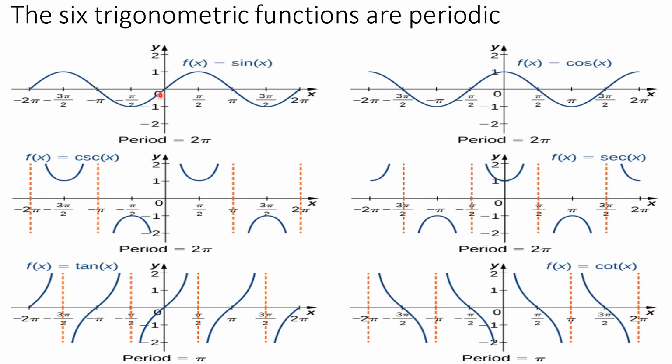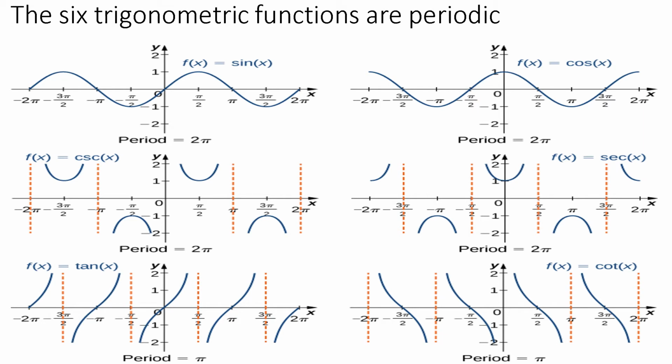Each portion of the graph in an interval 2 pi is one cycle of the sine function. One cycle means from here to here. The function y is equal to sin x is called a periodic function with the period 2 pi because for every x in the domain of the sine function, sin x is equal to sin of x plus 2 pi. That means the period of the sine function y is equal to sin x is 2 pi.